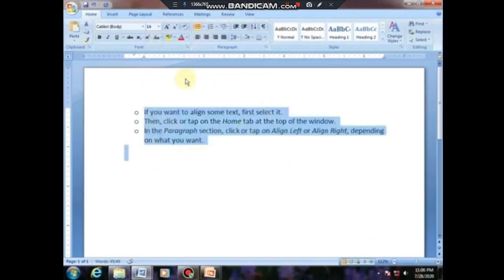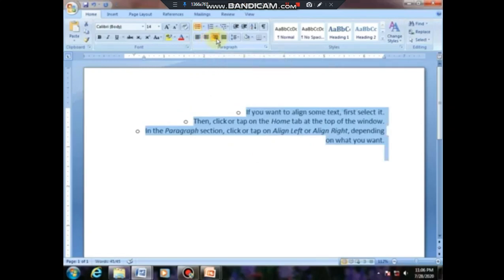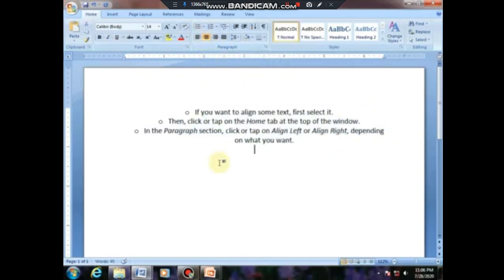My text is on the left side, so I am aligning it to the center. If you want to change your paragraph alignment to the right side, you can click on right align, and if you want to justify it, you can justify your text. Justify aligns text to both the left and right margins, adding extra space between words as necessary. Basically this creates a clean look along the left and right sides of the page. I am putting my paragraph in the center over here. This way you can change the formatting and alignment of your text.